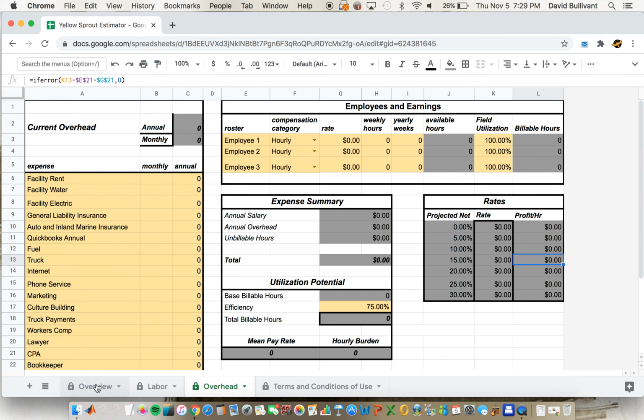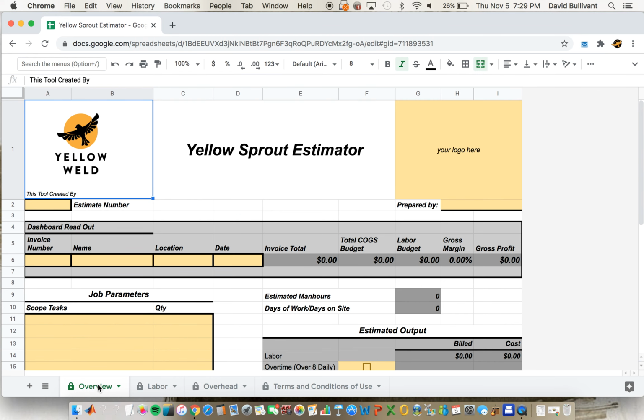We're going to hop over to the Overview tab now. This is for inputs and an output. So this is basically your primary dashboard. Over here we have a spot for you to put your logo and some of your information so that you have letterhead on this page. You've got a prepared by range so you can put your estimator's name in here,